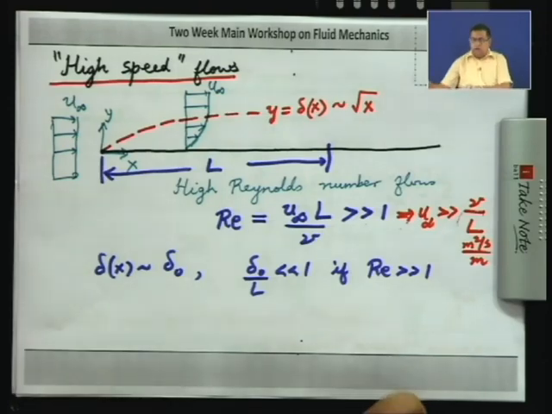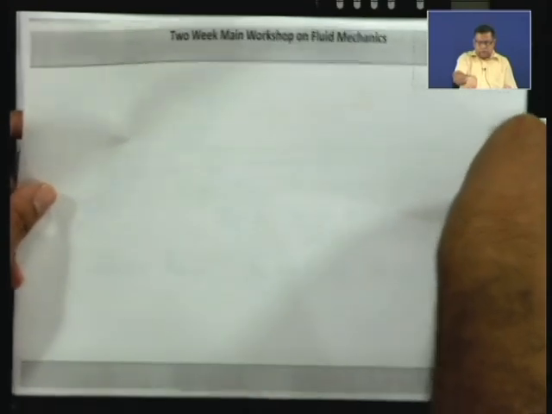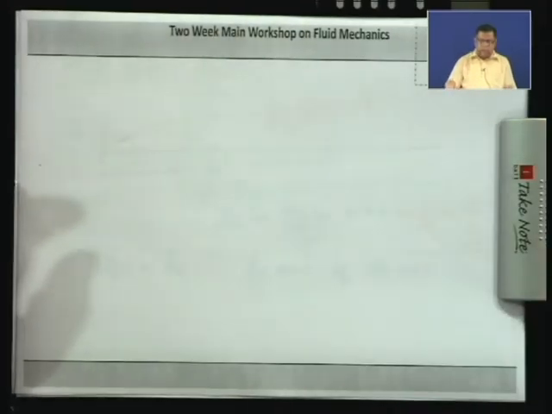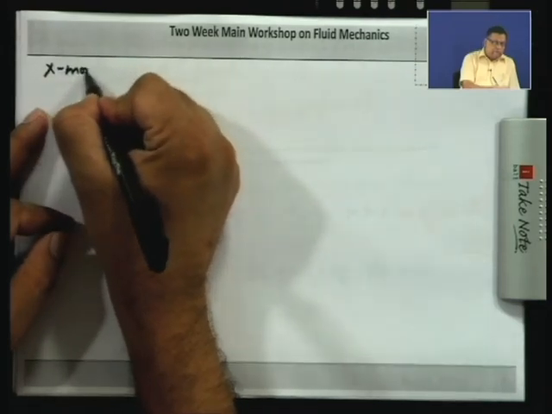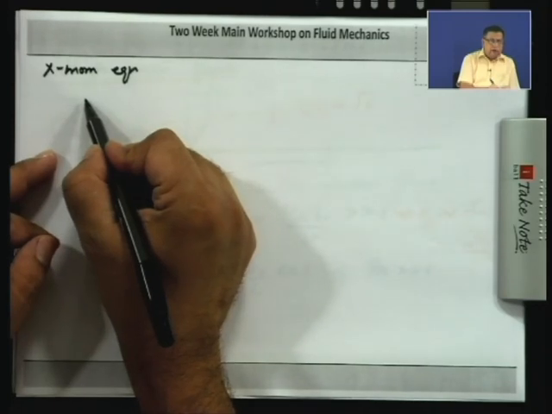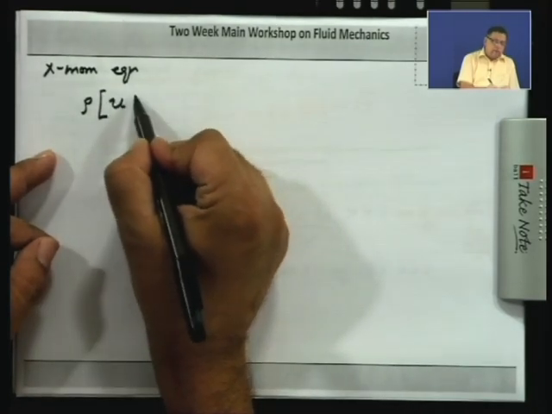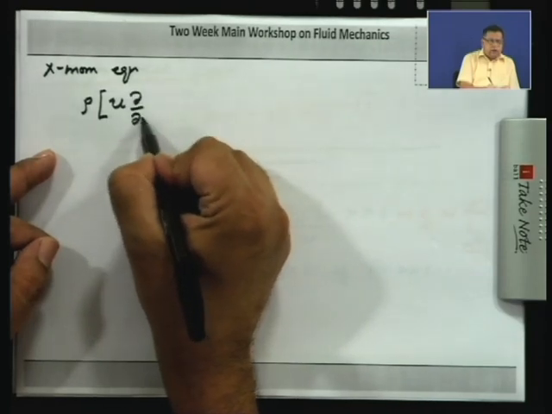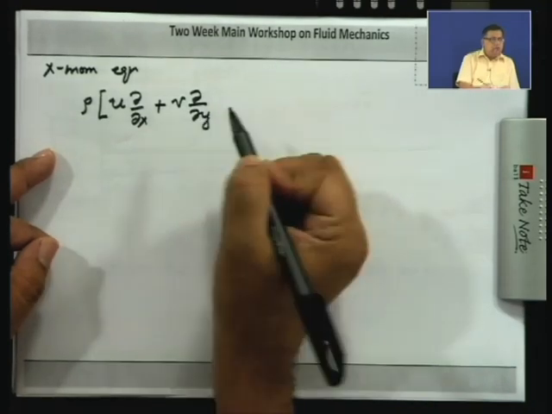So, our goal now is to solve the Navier-Stokes equations. So, if you look at the x momentum equation, you are going to have rho times the acceleration, which I can write as u del del x plus v del del y, which is your